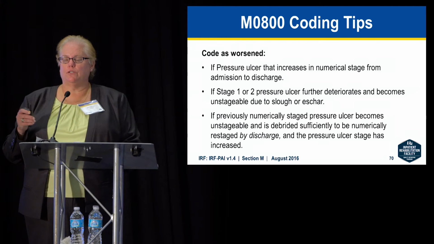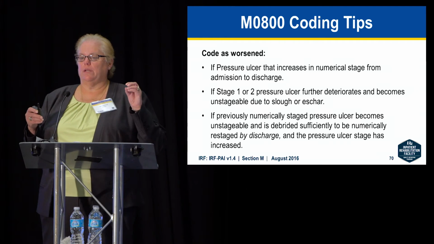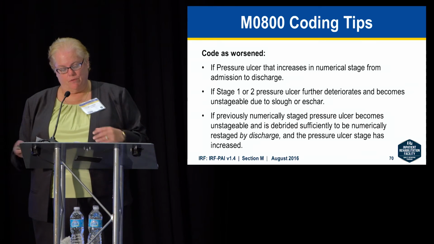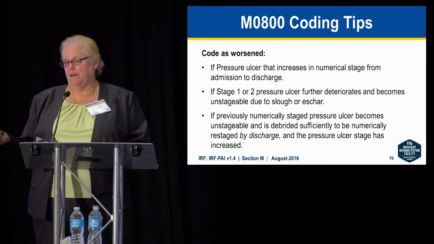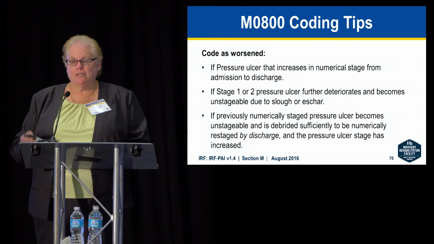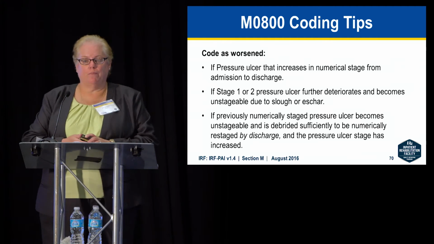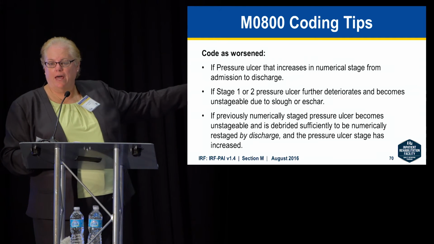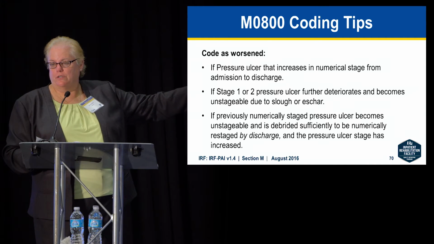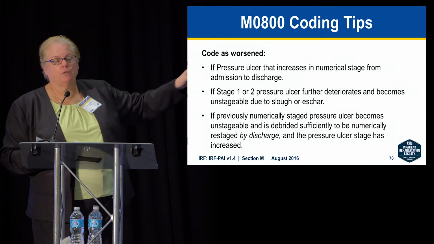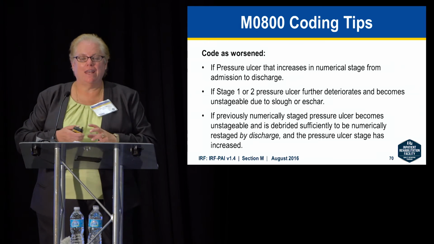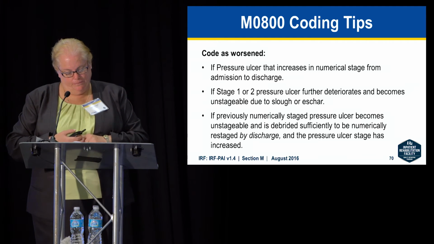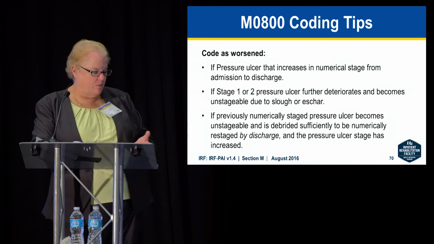Because in other statements, you're going to see when a wound, let's say a stage 3, and we're going to give this example, if you have a stage 3 and then it becomes completely covered with slough, so now it's unstageable, it doesn't necessarily mean it's worsened. And so people get a little confused by that second bullet. They'll say, but Ann, you just said if it gets covered with slough, it's worsened. And I'm saying no, only in this particular situation is it considered worsened. And that's because a stage 1 or 2 cannot have slough in it. And so I think we kind of cover this.